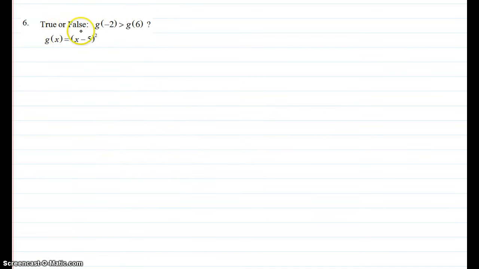All right, number 6, true or false. We have the function g of x equals (x minus 5) quantity squared, and we want to evaluate it when it's negative 2 and when it's 6, and see if when it's negative 2 it's greater than when our input's 6. So I'm going to write the function twice. (x minus 5) squared is going to be greater than the (x minus 5) squared, and now I'm going to substitute in